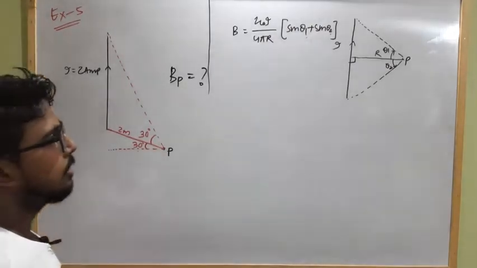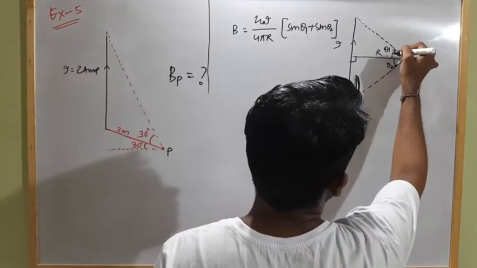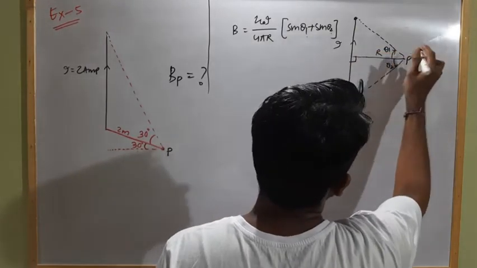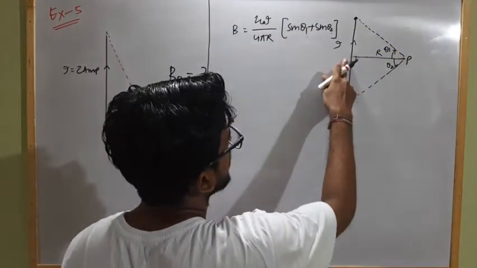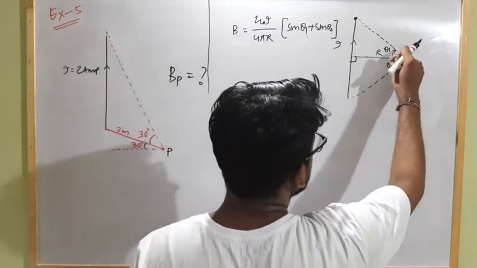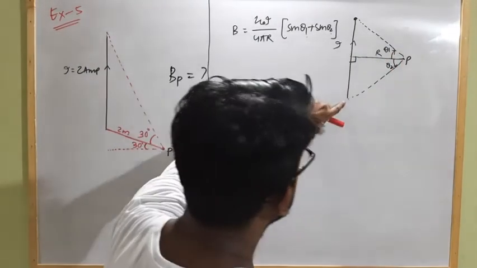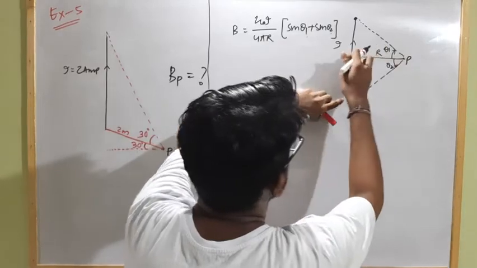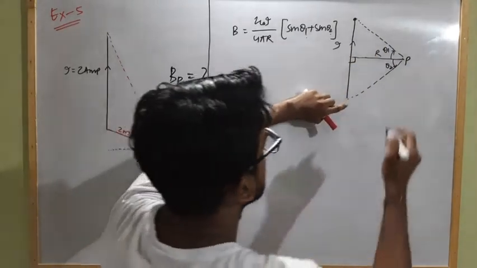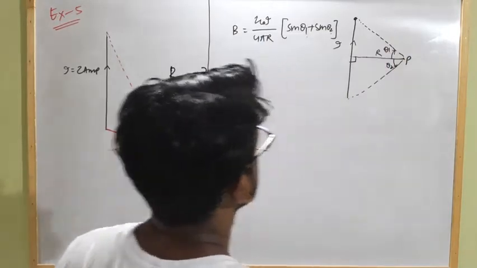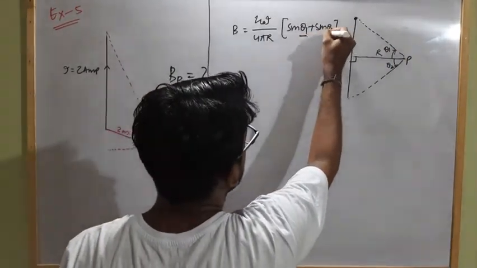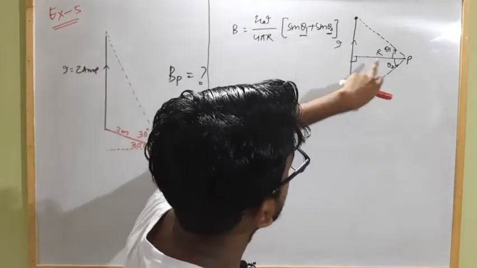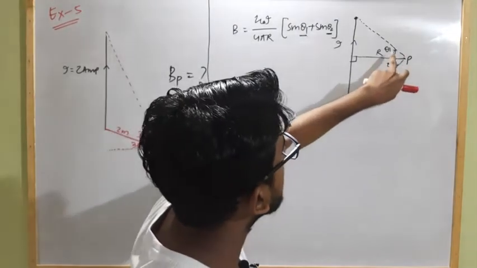So just look at this case. Here theta1 is the angle made by this end with respect to the perpendicular distance of the point of observation from this long straight current carrying conductor, and this theta1 is measured in clockwise sense. Similarly, this end makes an angle theta2 with this perpendicular distance from the point of observation to the conductor, which makes an angle theta2 in anti-clockwise sense. That means the angles theta1 and theta2 both are measured with respect to the perpendicular distance from the conductor to the point of observation, and both are in opposite sense.